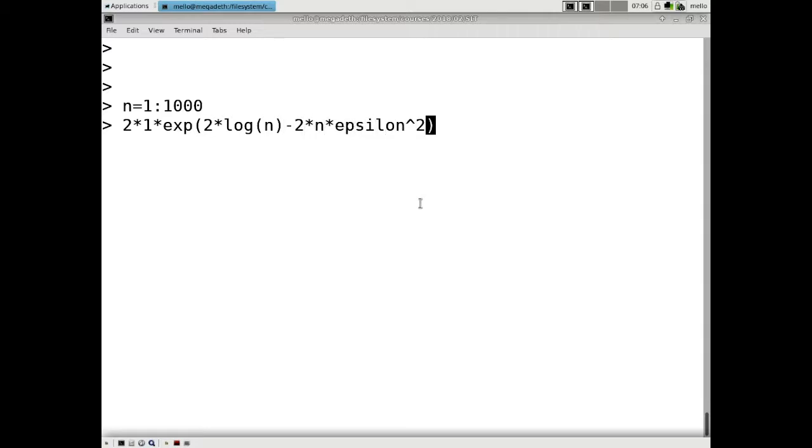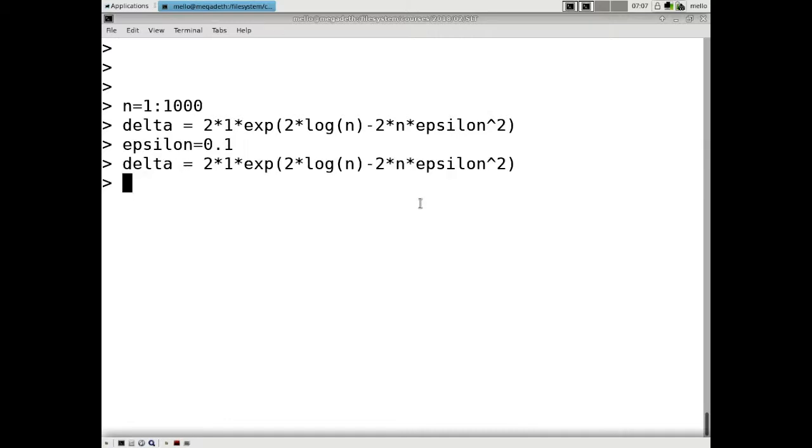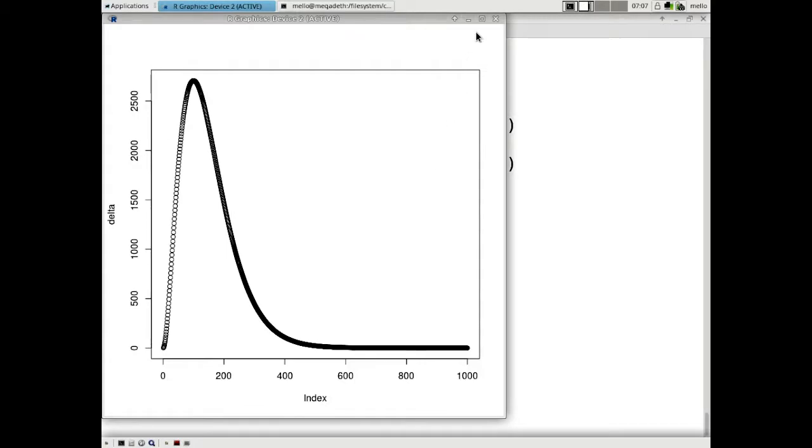You select the epsilon; it could be anything. This is going to be a delta, as I called it. So let's say epsilon is equal to 0.1, and I run this. This is the convergence we have for the perceptron. So if I plot delta, I have the convergence guarantees for the perceptron.